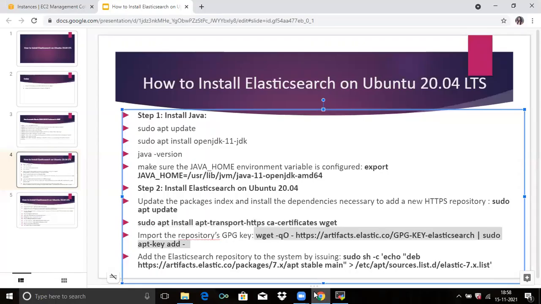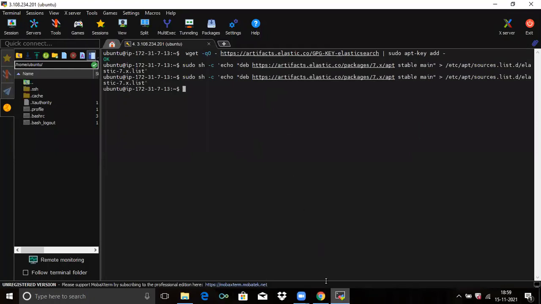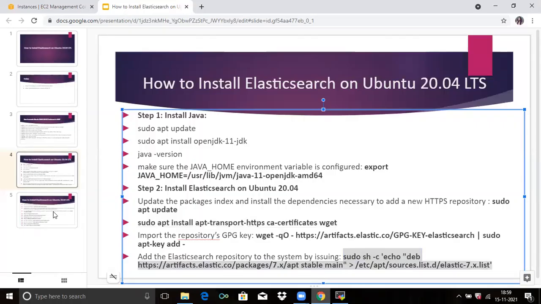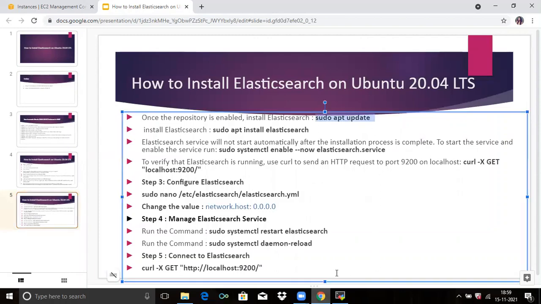Okay. Now add the Elasticsearch repositories to the system by issuing this command. Then now we are going to install Elasticsearch. Firstly, update the system packages.